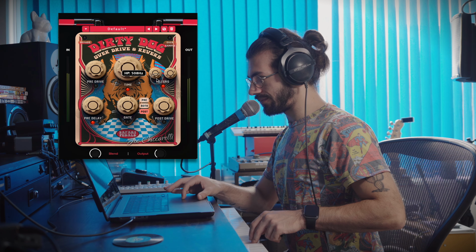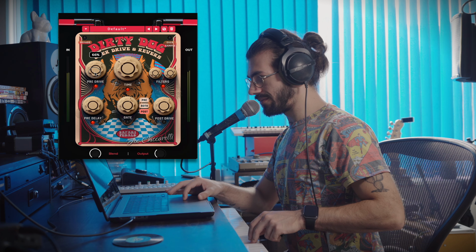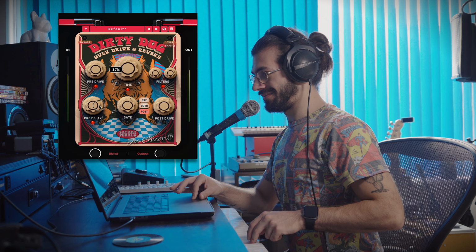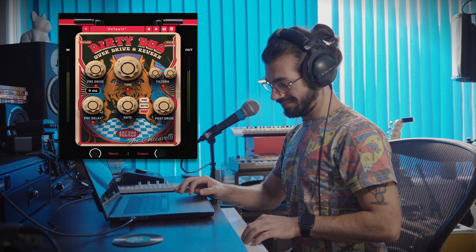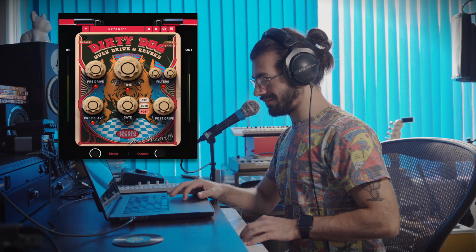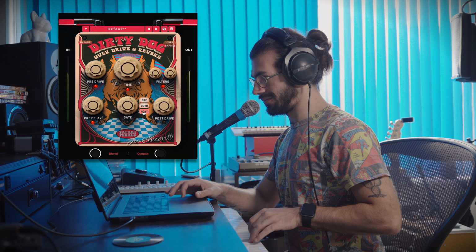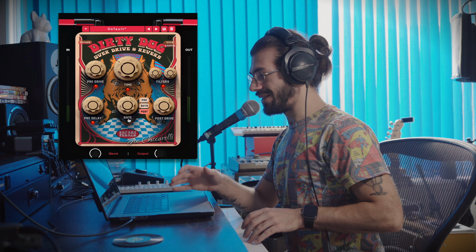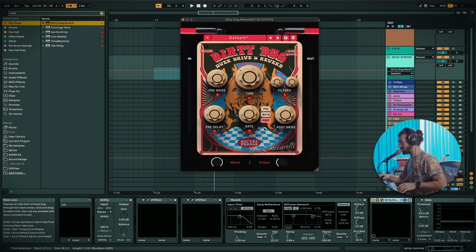Okay. Add a bit of drive. And now this is where it gets interesting. So in this plugin, you've got obviously a gate, but you can assign it to be before the reverb, after the reverb, or in both positions. So in this case, before the reverb, it's just going to cut off the sound, but let the reverb tail remain. After the reverb,